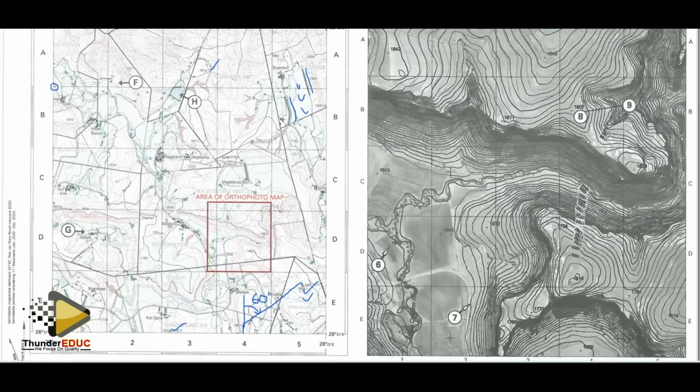In which direction does stream F in block A2 flow? Right, block A2 is here. Our F is there. We're looking at this stream here. Where is it flowing? Right, our flow direction for that stream is to the south west. You can see this stream is going in this direction there. That is the flow direction of the stream, going to the south west. And give a reason for your answer.